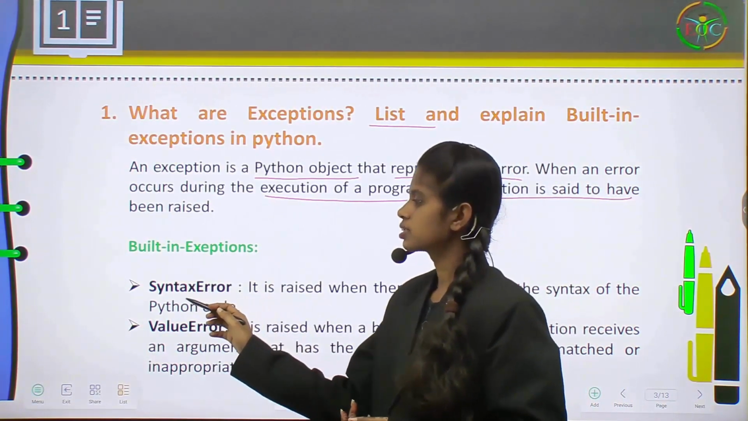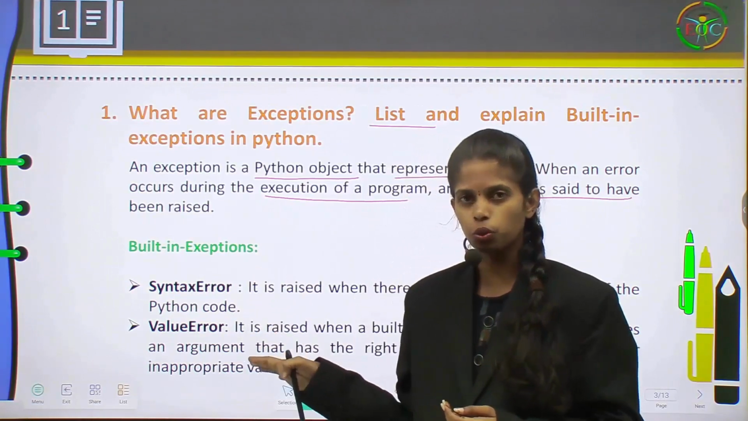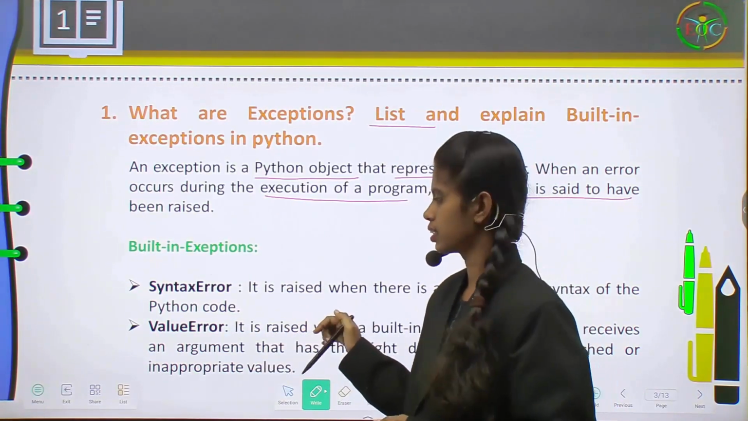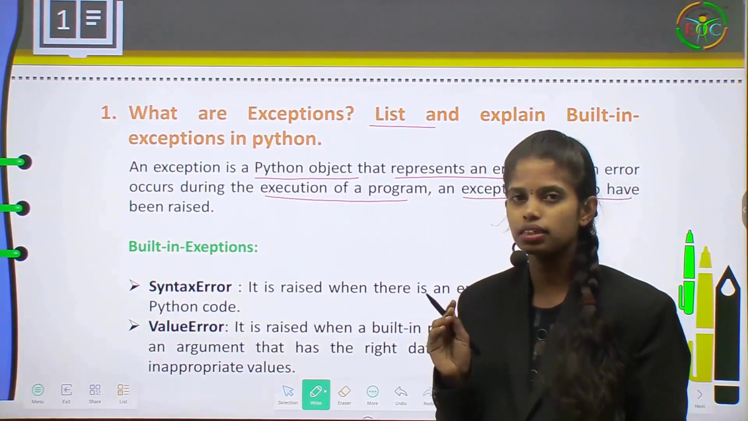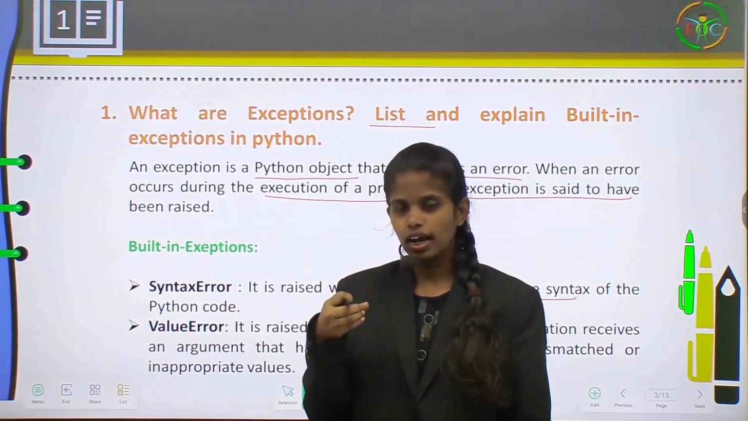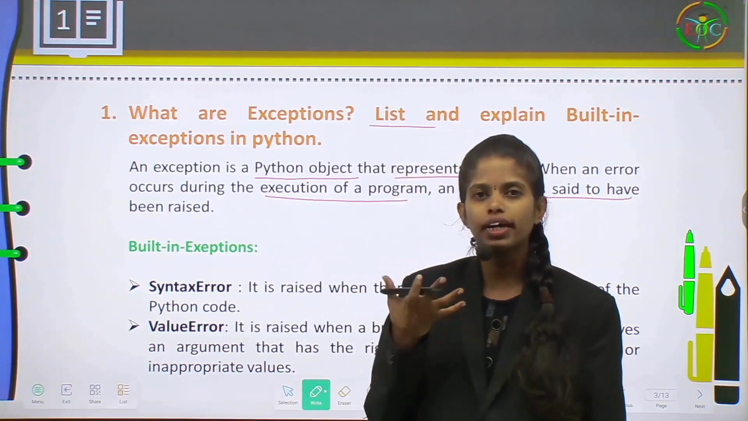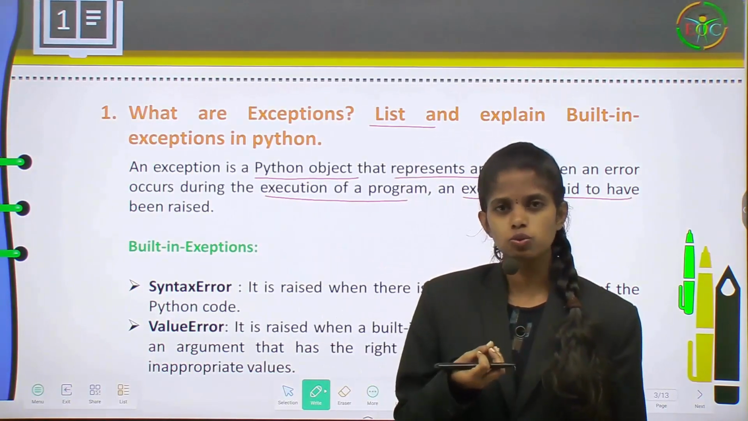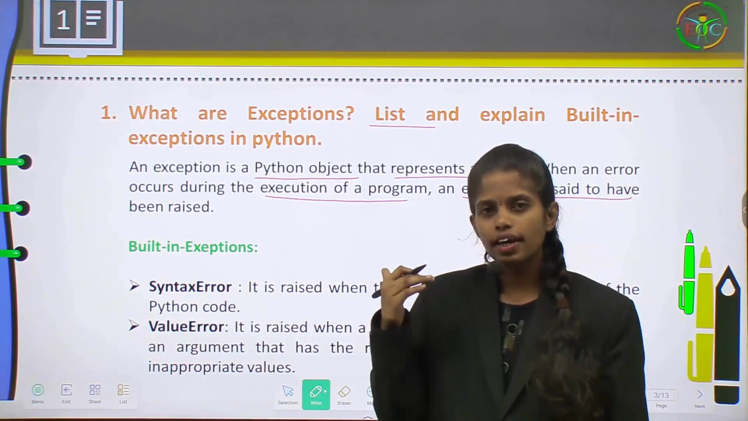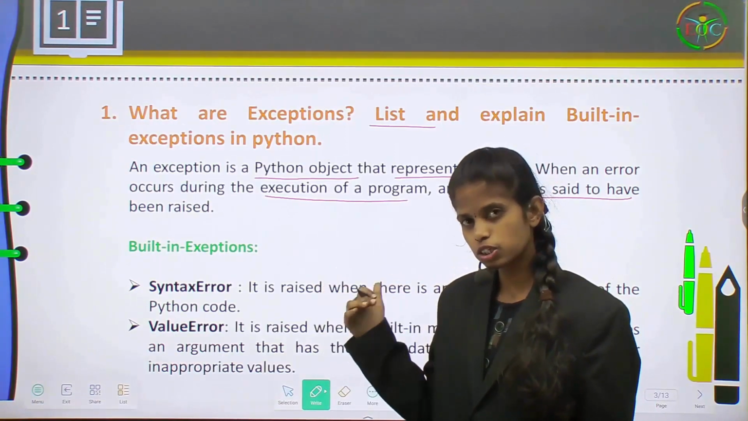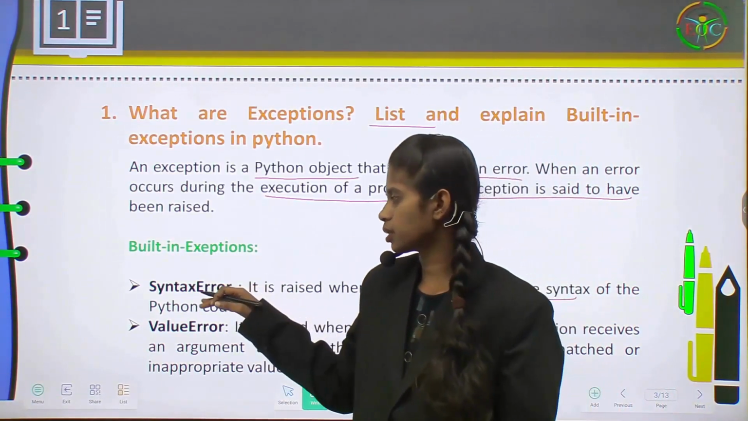The first exception is syntax error. When do you say that there is a syntax error in your program? It is raised when there is an error in the syntax of the Python code. Any programming language will have particular rules and regulations that should compulsorily be followed by any programmer. If you do not follow those rules, the computer will not understand the code properly. So any error found in the syntax of the program, that type of exception is called a